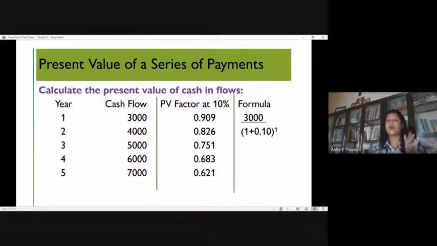Still, the value of 1 lakh which I earn after the first year is never equal to the value of 1 lakh which I might earn after the second year, and that is never equal to the 1 lakh I earn after 3 years. It is much lesser. The amount I'm getting in the third year is much lesser than what I'm getting in the second year. So that series of cash inflows, equal amounts at regular intervals, is what we call an annuity.